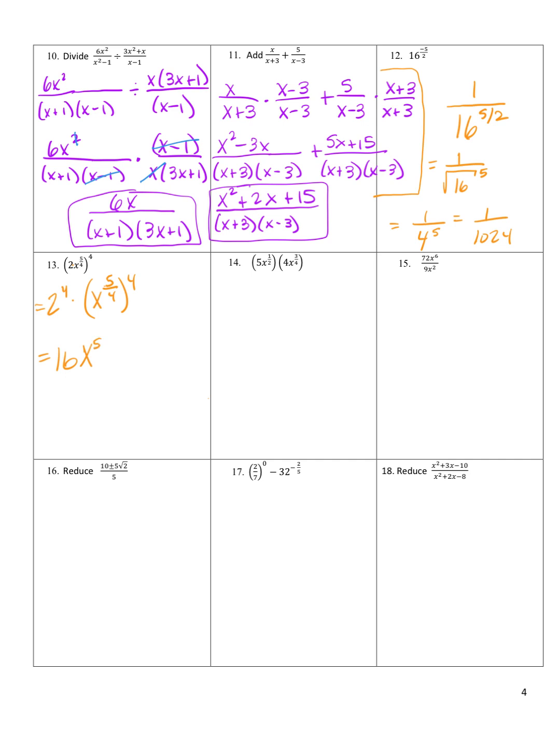In 14, this is all multiplication: 5 times x to the 1/2 times 4x to the 3/4. So multiplication is commutative. You can do it in any order. So I'm going to rewrite this as 5 times 4 times x to the 1/2 times x to the 3/4. And then the 5 times 4, that's easy. You get 20. And then x to the 1/2 times x to the 3/4, we're multiplying like bases, so you